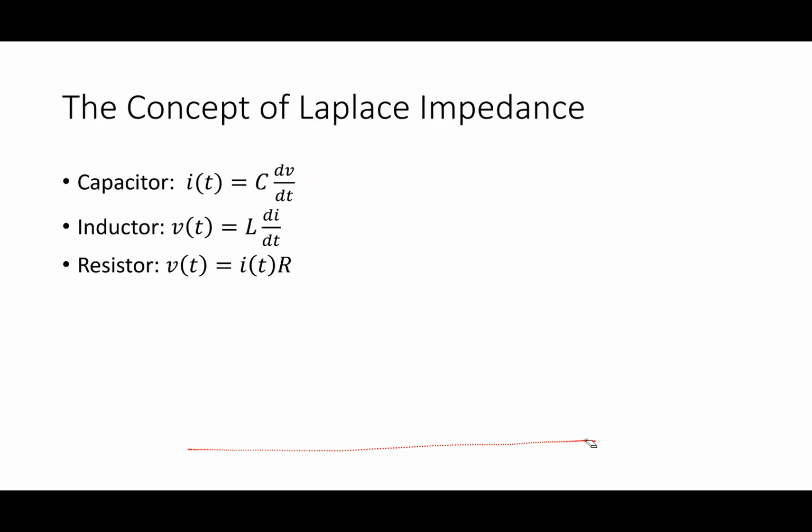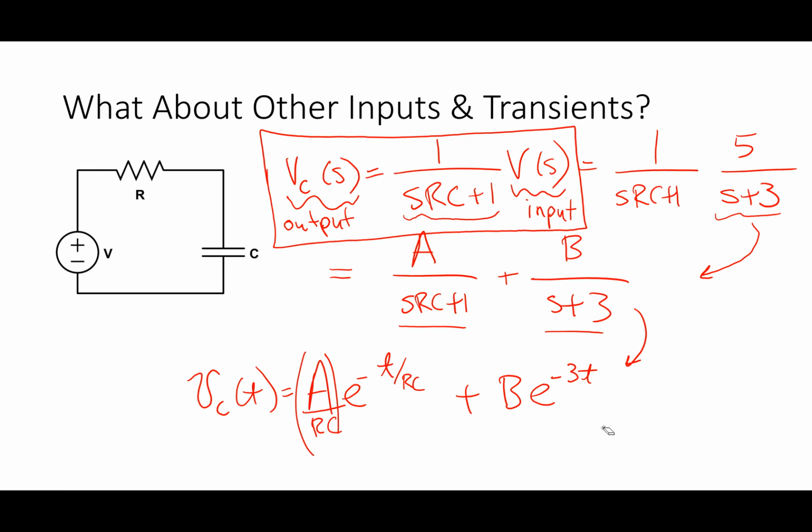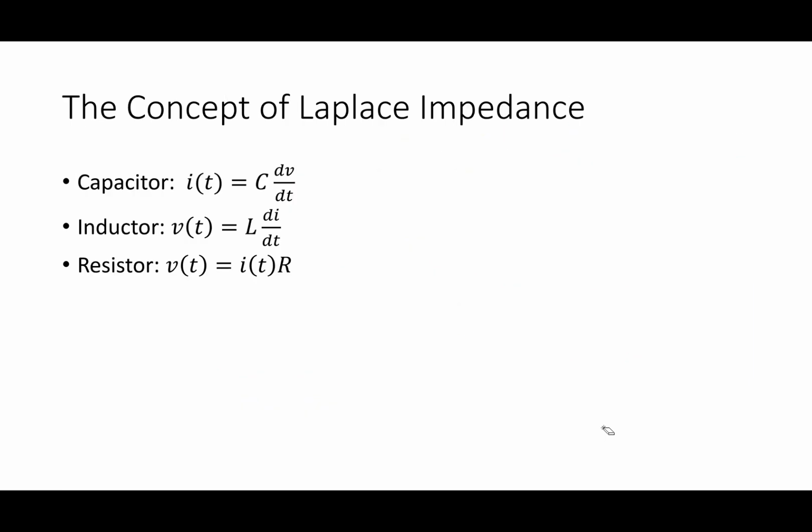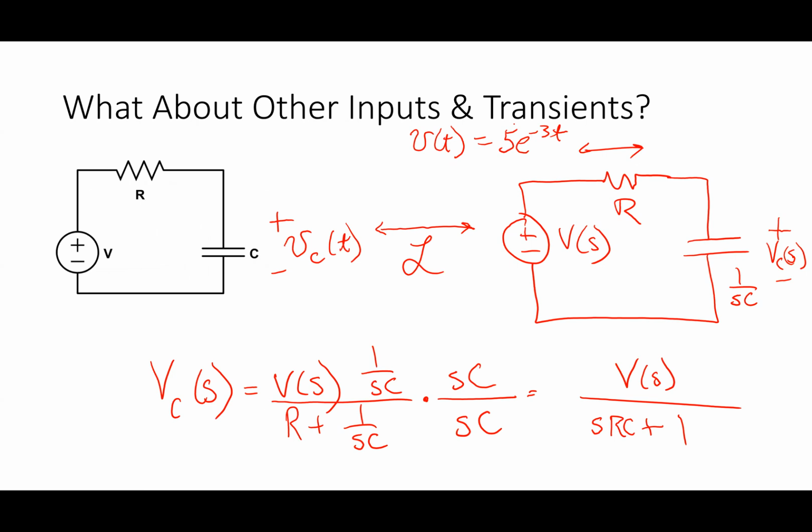All right, so now this led to some simplifications that we derived the other day. All three of those results there are basically Ohm's law statements in the time domain for our three main components: capacitor, inductor, and resistor. Each one of those is in its own right a differential equation. So what I can do is, if I define for myself